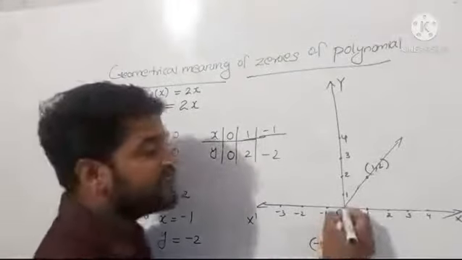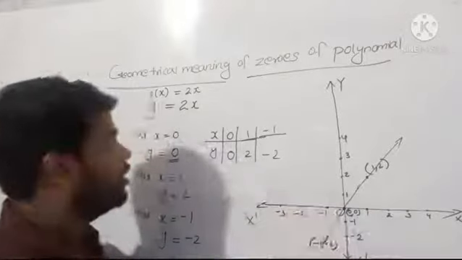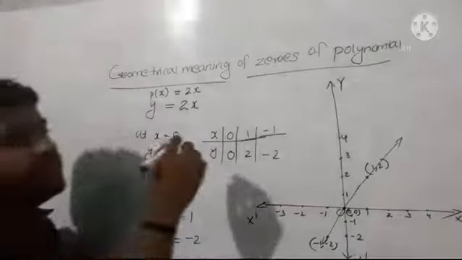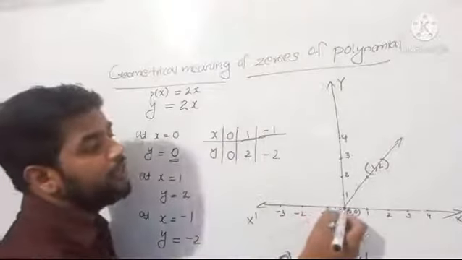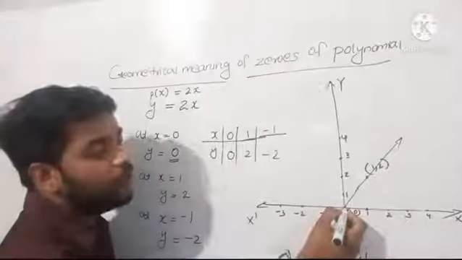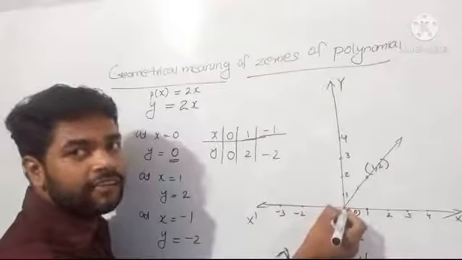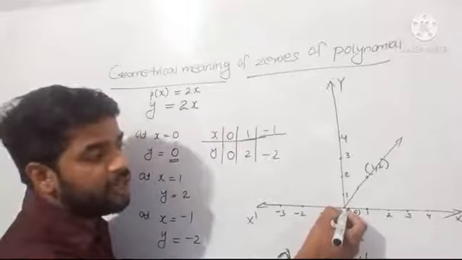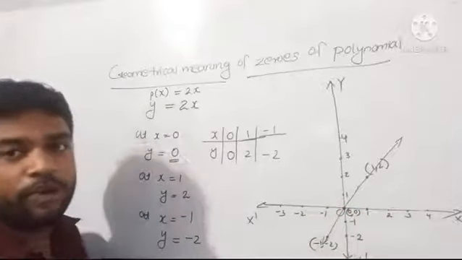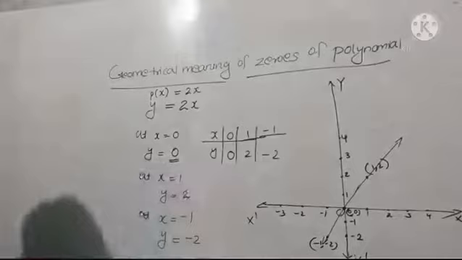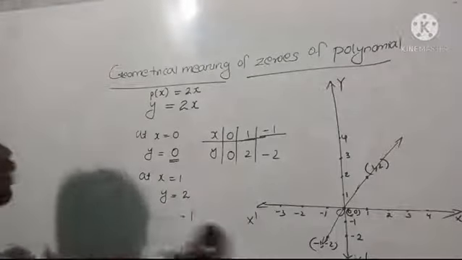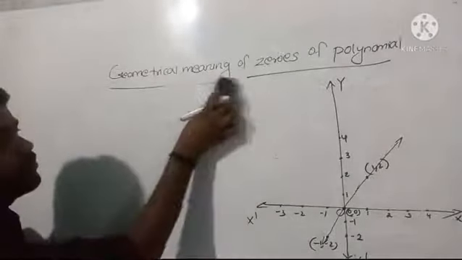How many points intersect it on the x-axis? Only 1 point. So we know that linear means degree 1. So in that linear polynomial, how many zeros? Only 1 zero. Here, this point is the zero of the polynomial. That is a linear polynomial. So when we take a quadratic polynomial,